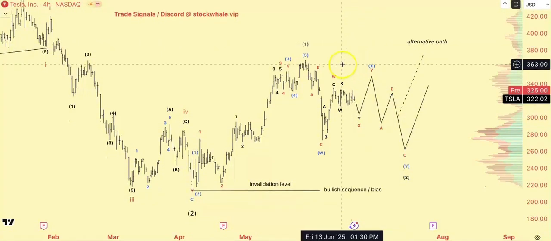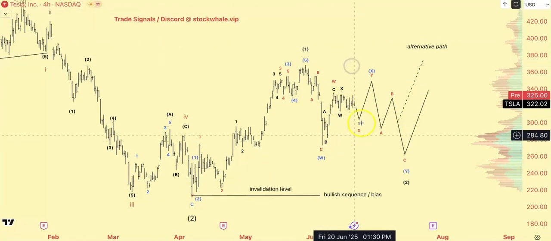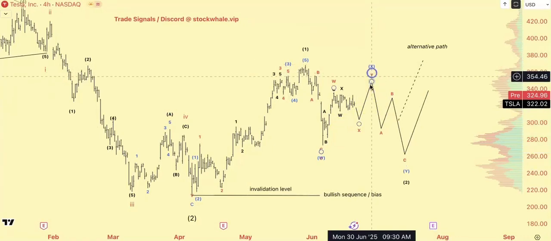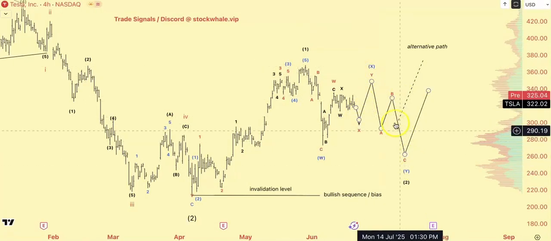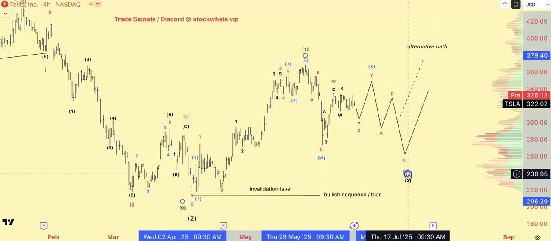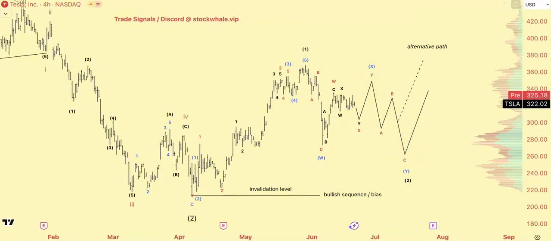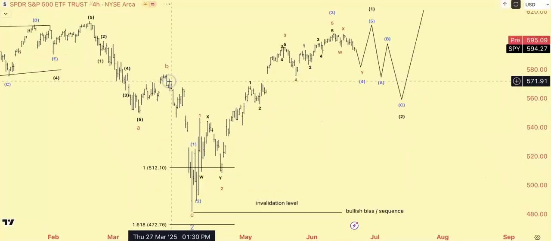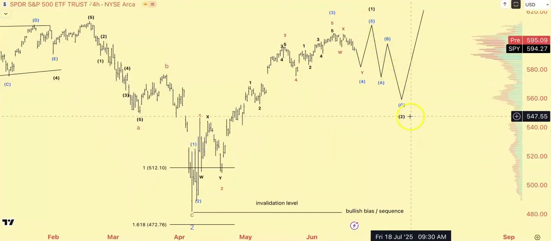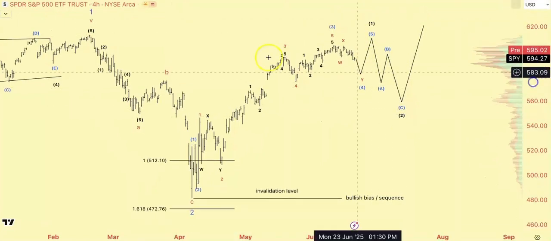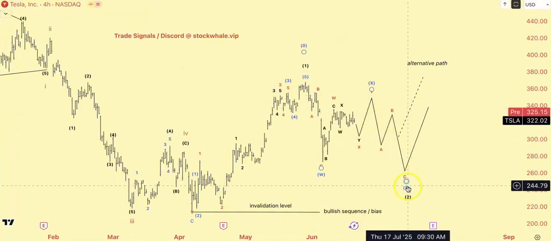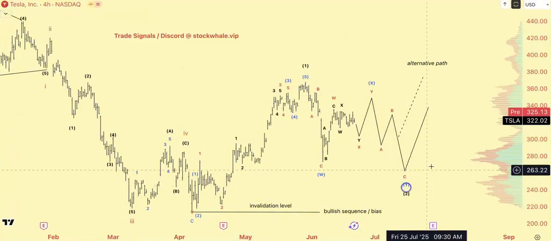Okay, so worst case scenario, when the S&P 500 makes a new high, we'll get sort of this on Tesla, and then when the S&P does that larger correction, we'll get the X to the Y wave on Tesla. So if you take a look again, ABC coming down for the S&P 500 would correlate with this ABC correction on Tesla for that wave 2.